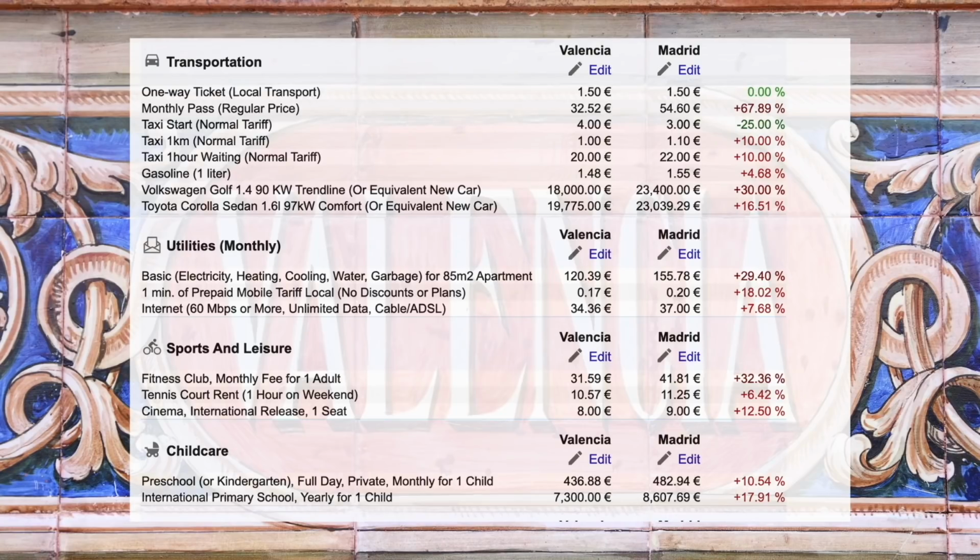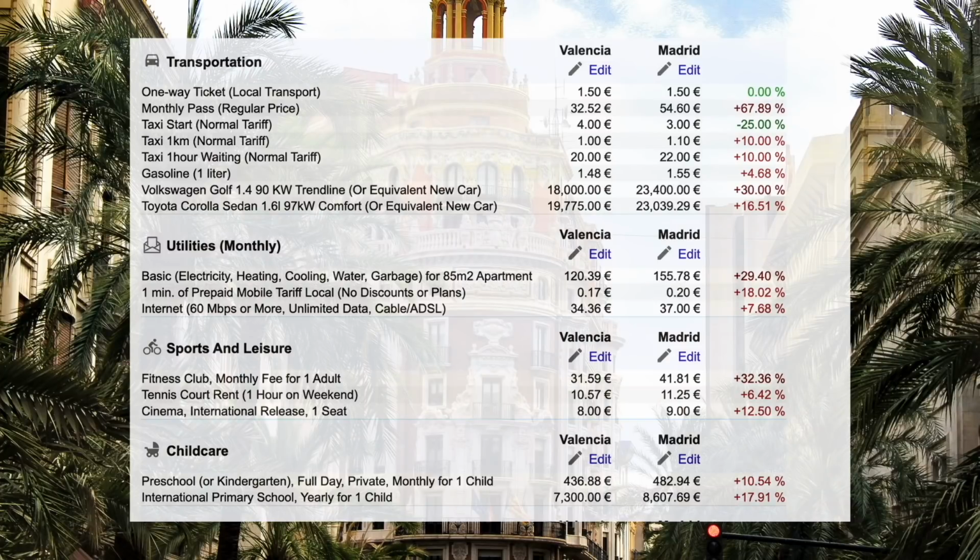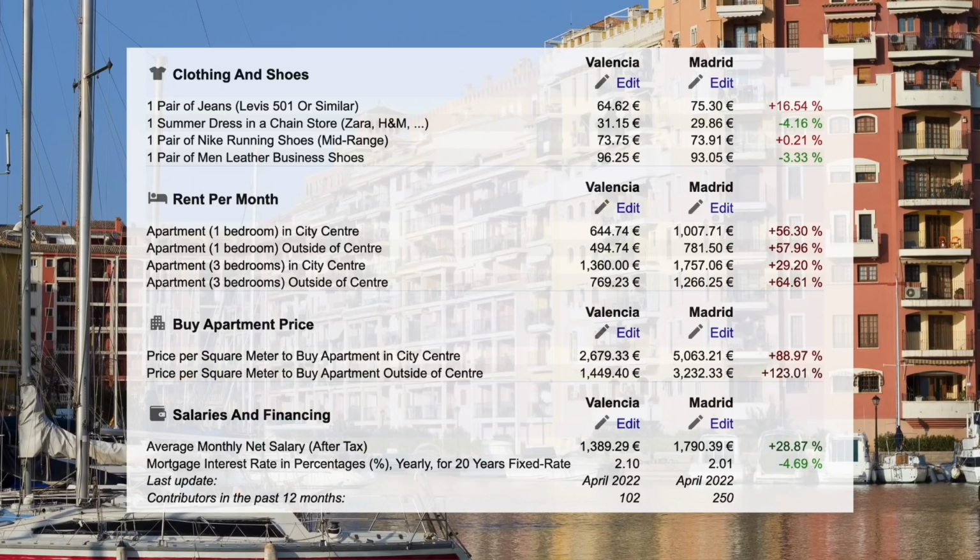Transportation, as we can see, is generally more expensive in Madrid than in Valencia, and a monthly pass on public transport is a whopping 67.89% more expensive in Madrid. Utilities are also more expensive in Madrid than in Valencia, and sports and leisure activities are a lot cheaper in Valencia than in Madrid. Childcare is cheaper in Valencia, and when it comes to rent differences between Valencia and Madrid, we can see